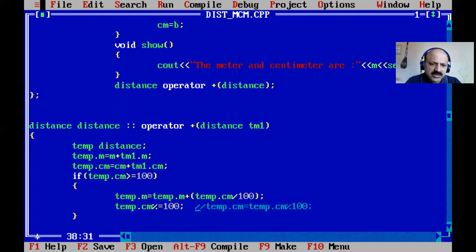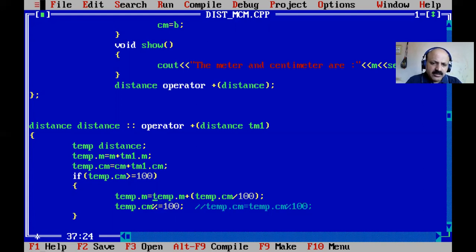That is the compound assignment operator short technique. Whenever a statement uses the same variable two times, like temp.cm twice in one statement, we can take the short technique, otherwise not. We cannot use two different variables, but a same variable repeated two times we can write only one time. That is the advantage of this short technique.